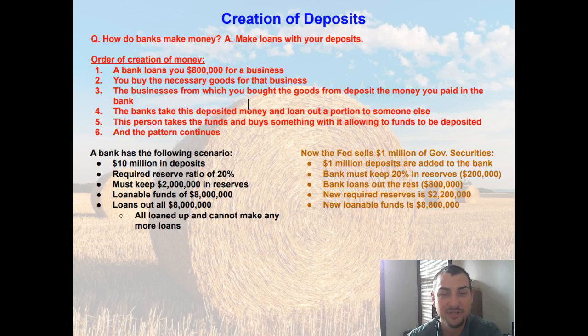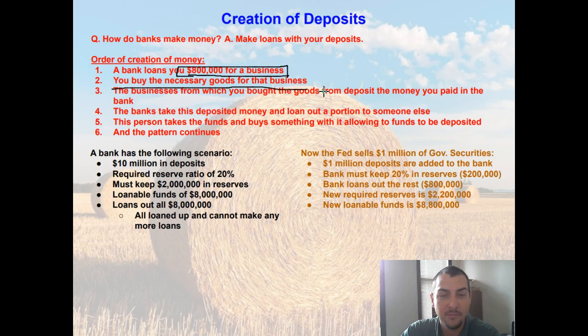One thing the Fed does is they create that money, or they decrease the amount of money in the money supply, and they do that through loans. So let's just say a bank loans you $800,000 for your business. You're starting up a brand new business, they loan you $800,000, and what do you do with that money? Let's say that you're starting up a meat packing house, a slaughterhouse, and they give you that $800,000 for that business.